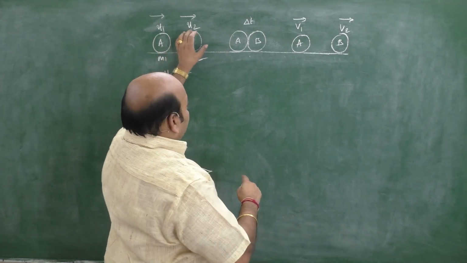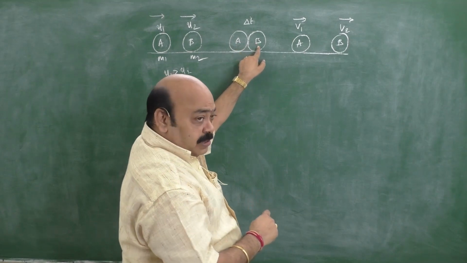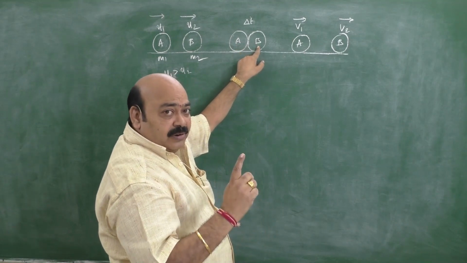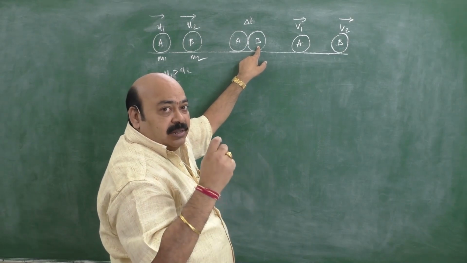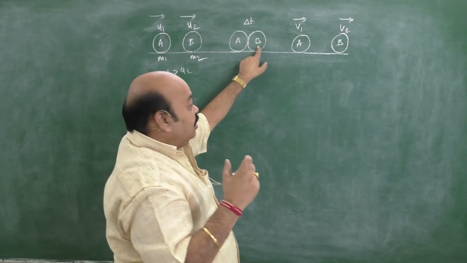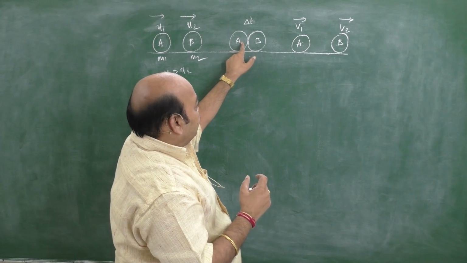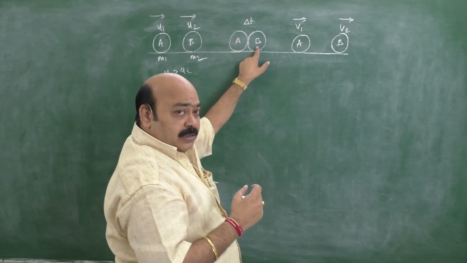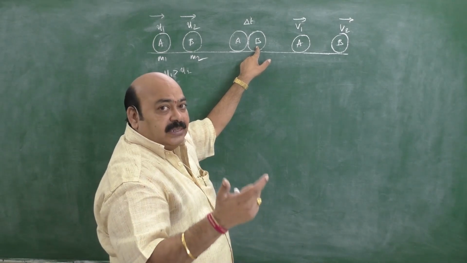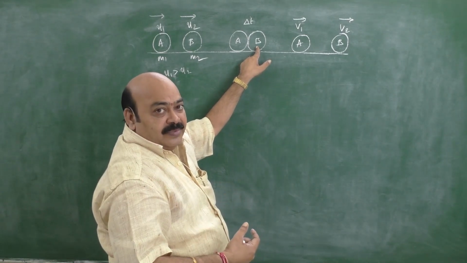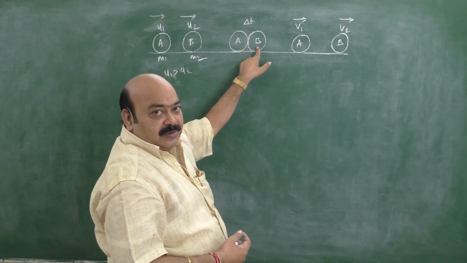When these two collide, the sphere A exerts some force on B. Be careful. It's very logical thinking, so don't try to memorize this. It's a derivation part. It's brain work. When A hits the ball B, some force is exerted by A on B. When force is exerted, what happens? According to Newton's second law, it causes a change in momentum. So because of A, the momentum of B changes.